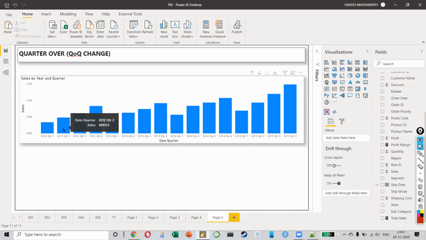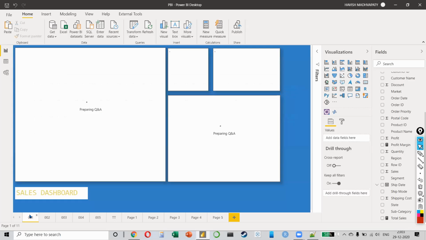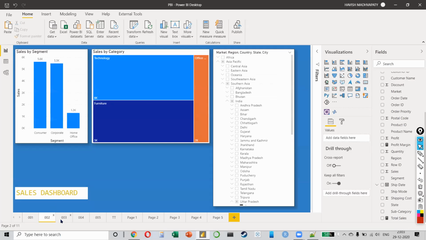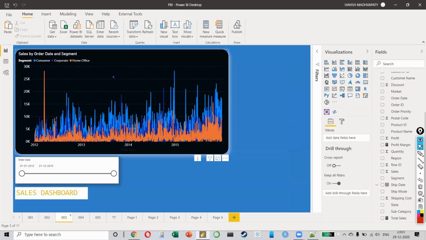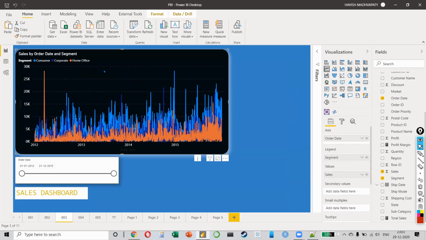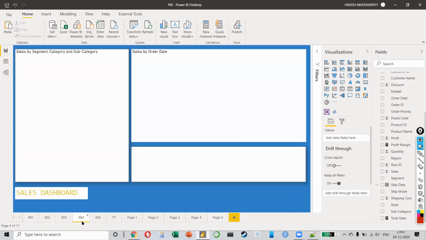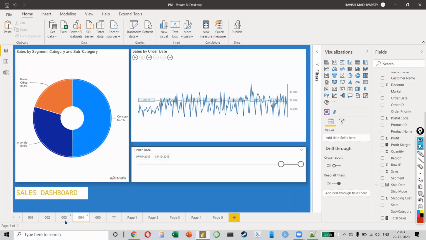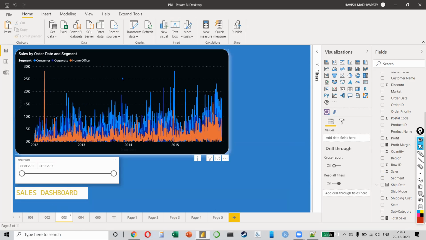Right? But before we do this calculation, if I go back to my old charts that we have created, you will notice that the chart is not working. Suddenly something has gone wrong. Look at this. Wherever I was using a date, right, it doesn't seem to work properly. The reason is